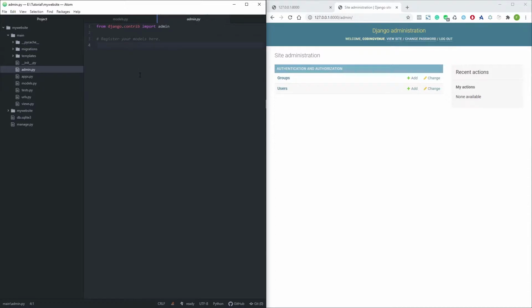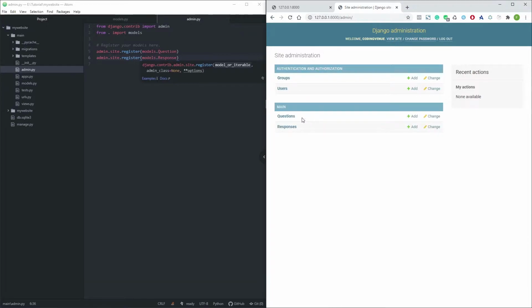So for this is really simple. First we import our models file, so import the models over here, and we just use admin. This admin is from this admin function over here. We use admin site and register, and we basically register our question model. Okay, we can copy paste this. This is going to be our response model. Now we can refresh, and now we see the two